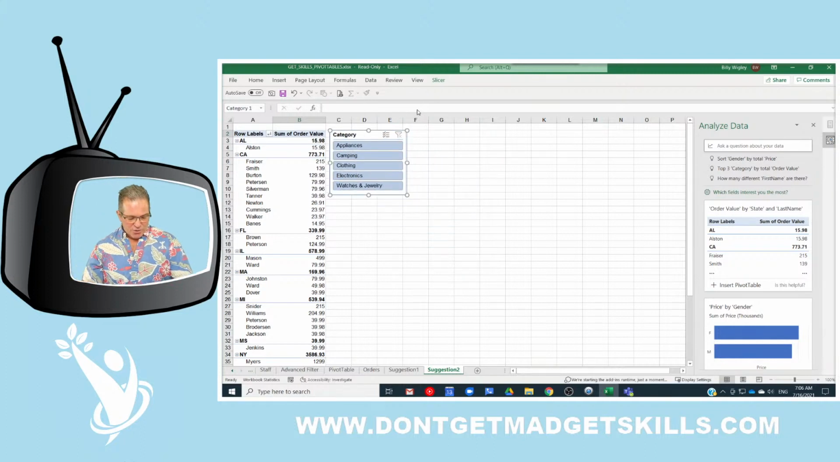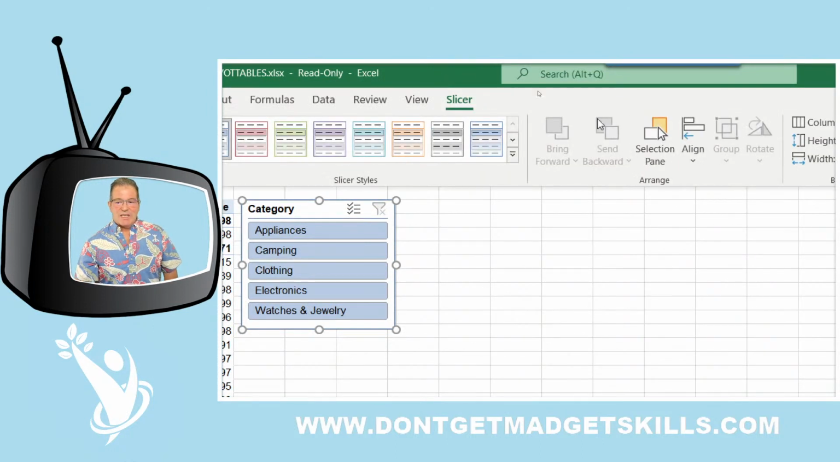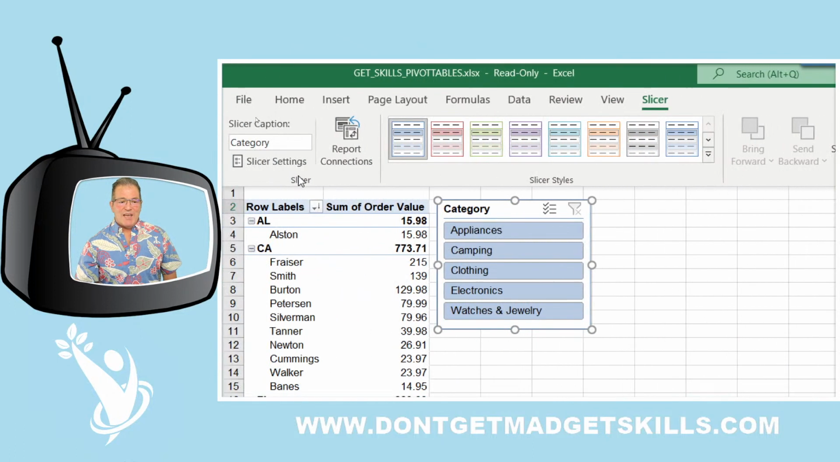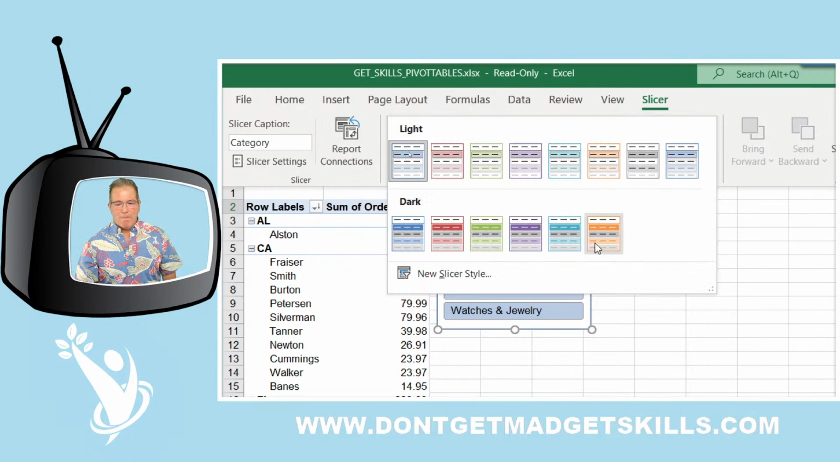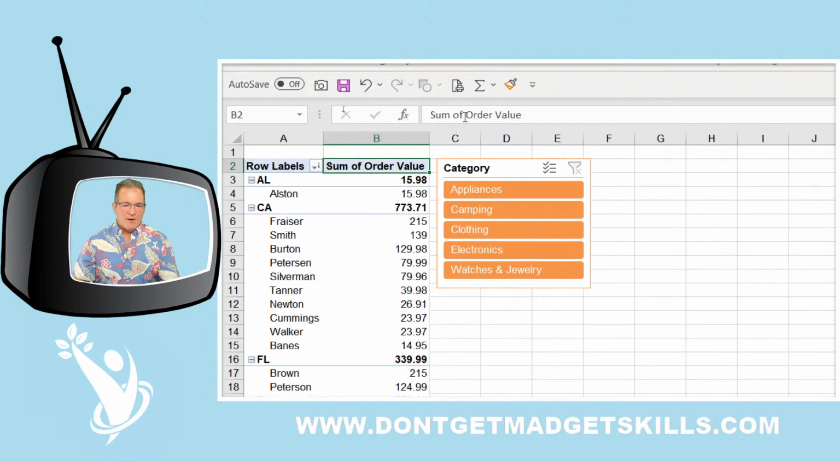And now I notice when you look at your ribbon, you have another contextual tab, slicers. And here you can go right ahead and work with your slicer. Let's go ahead and make it orange. Boom, nice. All right, so now what we need is, let's click on the pivot table right here, and let's